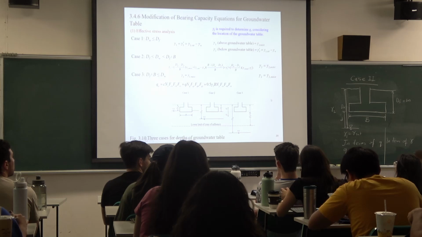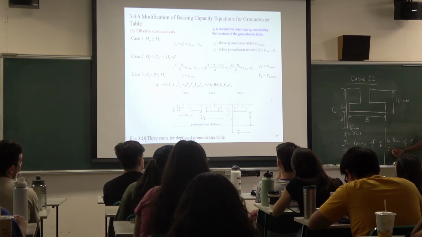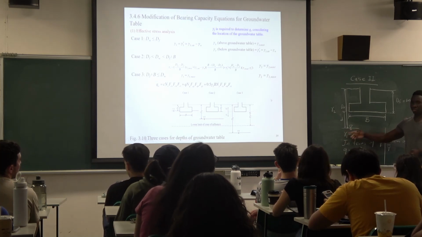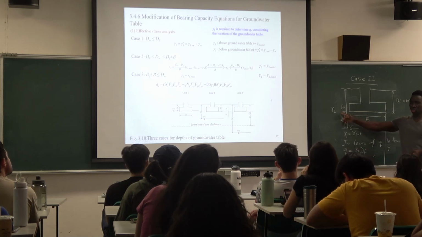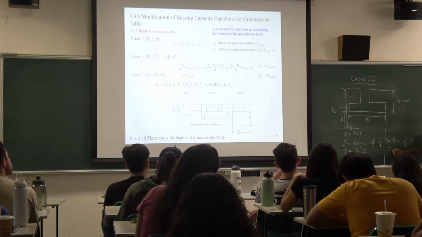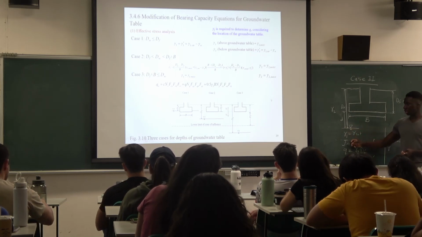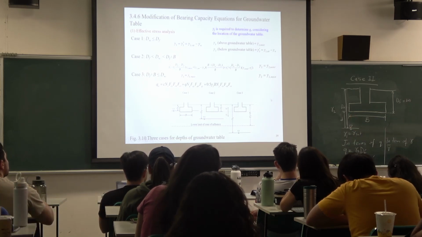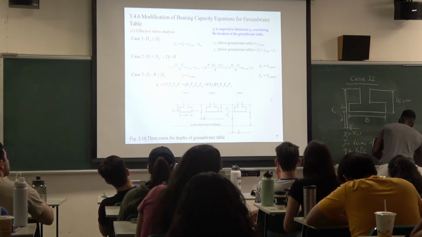Let me just get the simplified version. Okay, so here, the gamma we are going to use is called the gamma bar. We call it the gamma equivalent, because we try to estimate the effect of this groundwater level on the base of the footing. So instead of just using gamma 2, we will find an equivalent gamma that considers both the unit weight of the soil below and the unit weight of the soil above, to find an equivalent value. And then there's a formulation that you can use. And that will be the gamma prime plus